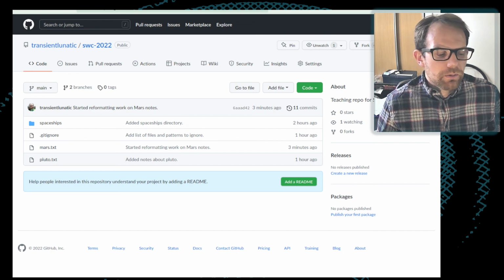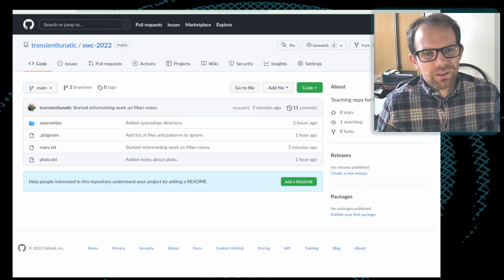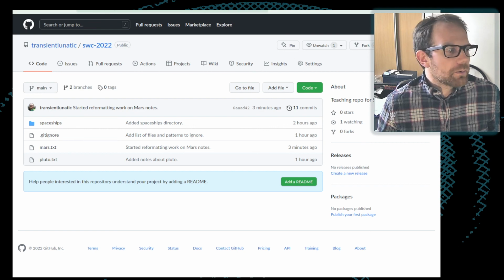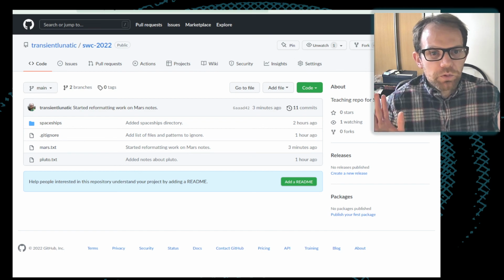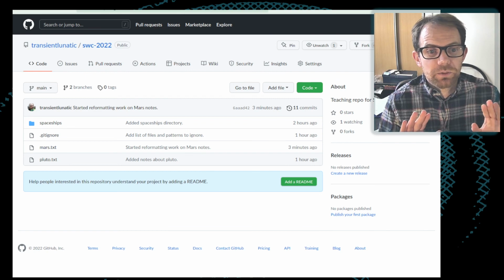But while this might seem like a trivial example, and it kind of is, it can be really useful if you are working, say, on some big code project and you want to add some new feature which is going to take weeks or months worth of work, which is going to be relatively isolated from everything else in the repository because it's some new feature which exists in some new place.